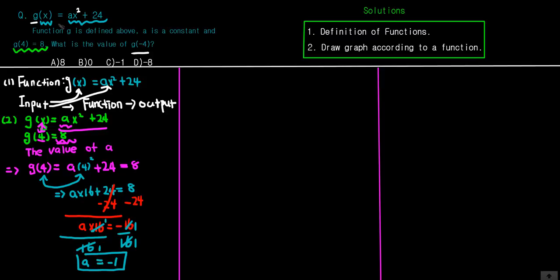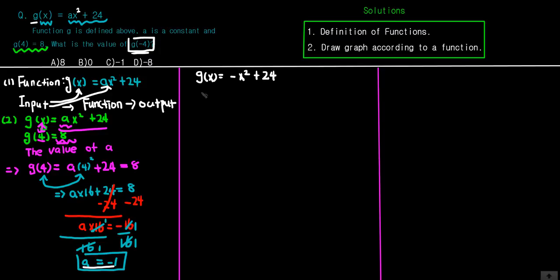And we know that our function is g of x, and that is equal to negative x squared plus 24. All you have to do is input the value of a, which is negative 1, so instead of a, we can input negative x squared plus 24. And now we can just input our values, and they're asking us to find the value of g of negative